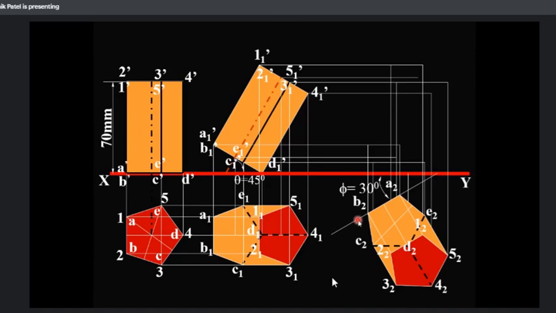A2 B2. A2 B2, very good. A2 is not visible, so the edge connected with A2 is not visible. A2 B2 is not visible. Similarly, A2 E2. Is A2 E2 visible or not? Not visible, because you are observing from the bottom of step number 5, not from the top. So A2 B2 and A2 E2 are not visible. Similarly, A2 1 2. A2 is a hidden point, so the edges connected with A2, that is A2 B2, A2 E2, and A2 1 2, are hidden lines.